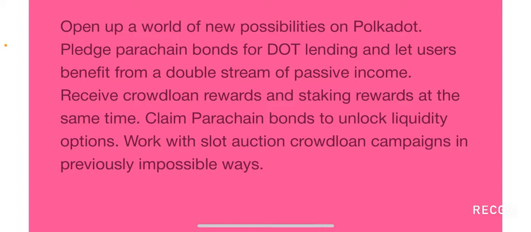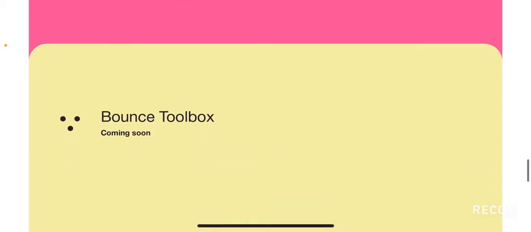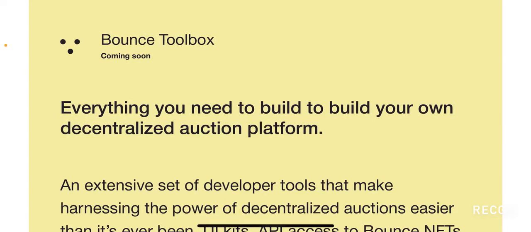So again, if you want to participate in crowd loans on Polkadot, if you go through Bounce Finance, you can get not only a liquid DOT that you can basically use for other DeFi applications within the Polkadot ecosystem as well, but also you get passive income and passive rewards from the Bounce Finance team themselves, right? So you pretty much have a pretty good opportunity to make passive income by participating in parachain bonds or parachain loan offerings through Bounce Finance, which is a pretty cool feature that many people will eventually start using, right? And they have their fourth product, which is Bounce Toolbox, which is coming soon.